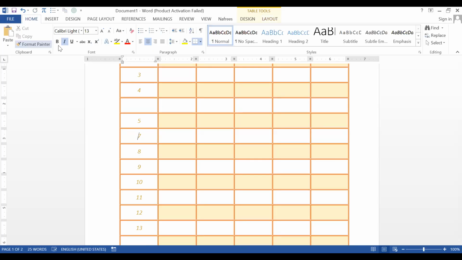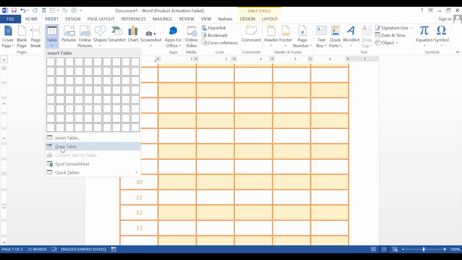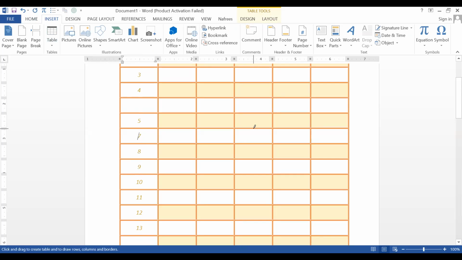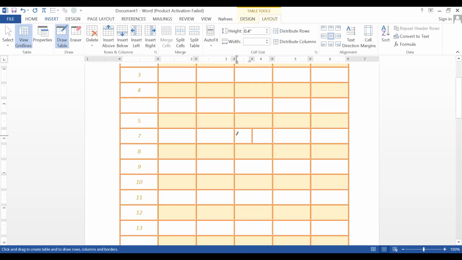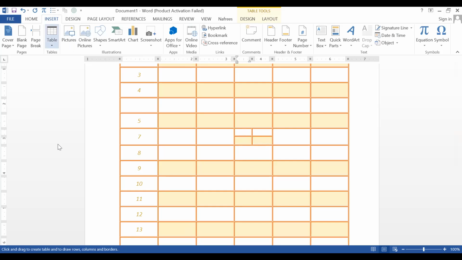Furthermore, using this button, look at here, draw table. Using this option, you can create a table here. For example, you can divide this one. See, you can divide this one without using split option. This area, you can draw the table. Go to insert, click table, and draw.